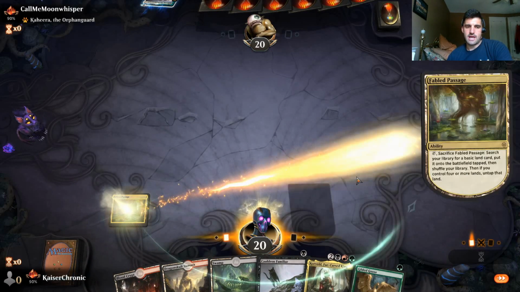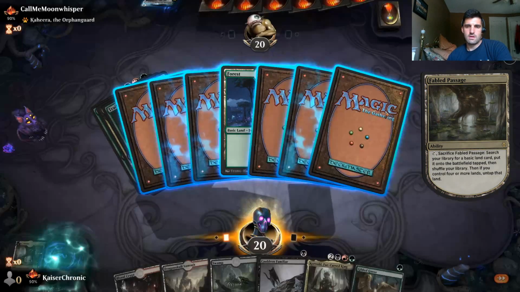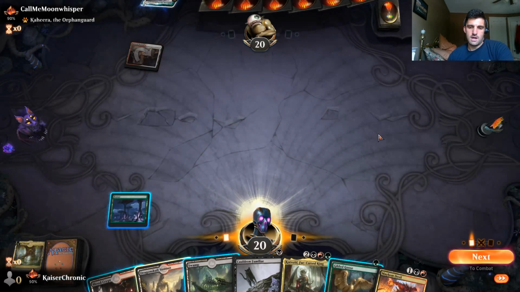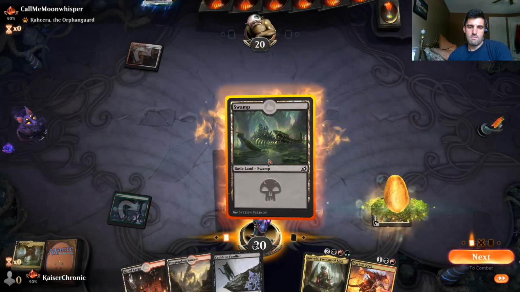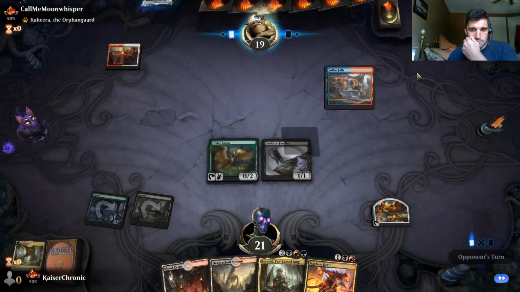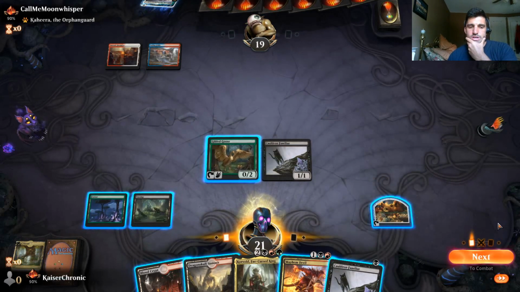Let's crack this now. Get it over with. Guess we could have played Cauldron Familiar on that turn. But this is fine. Okay, they're using blue. That's interesting. I think that